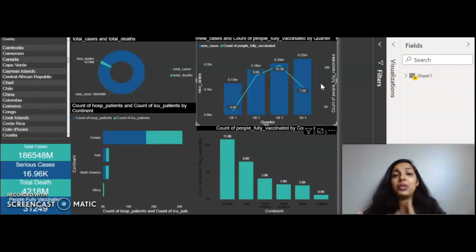So from the graph, we could see that there is not much correlation between the new cases reported and the people fully vaccinated. It was supposed to be that when people started to get fully vaccinated, the number of new cases would decrease, but we cannot see such a correlation from this graph according to the dataset. Now let's look specifically at